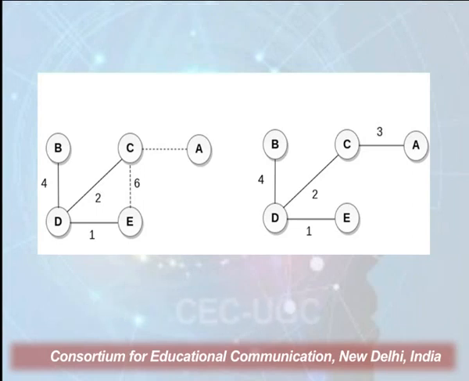So the final spanning tree is on the right-hand side of the figure, containing BD, DE, DC and AC. As you can see in this minimum spanning tree, the edges are not complete, because, as we have already discussed, only a subset of the edges will be included in the minimum spanning tree. But all the vertices will be included. So A, B, C, D, E, all 5 vertices have been included, and the edges which qualify to be inside the minimum spanning tree will join them.